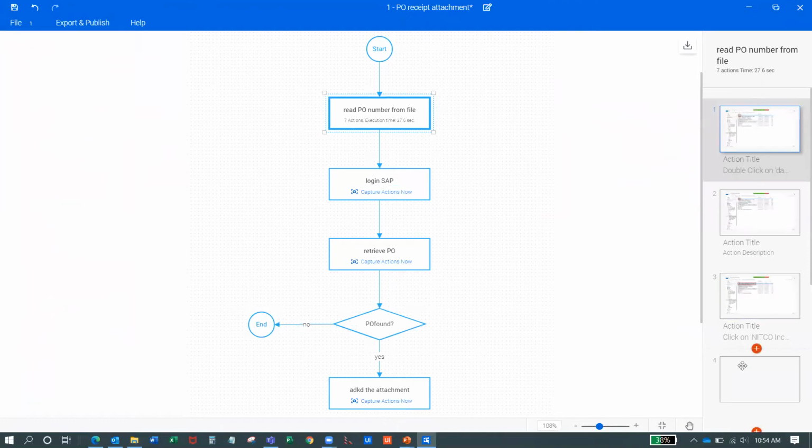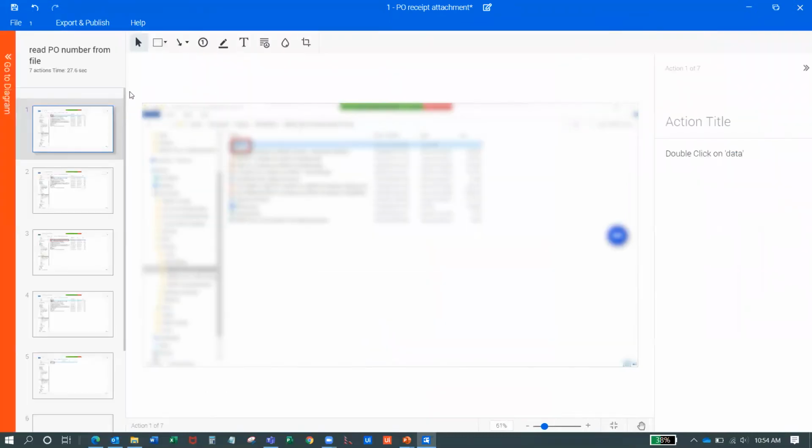And you'll see now 7 actions were captured with 27 seconds, right? And they're over here, those captured screen prints. It's kind of tiny, you can't really read it. This icon lets you open it up to really see it. And you can add a title. So this is like get folder. It captured what I did. I double-clicked on the data. The next one,